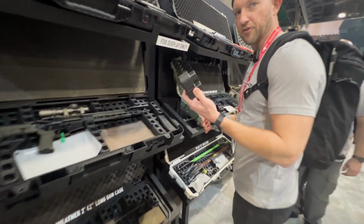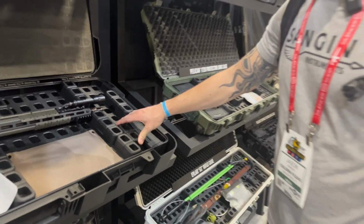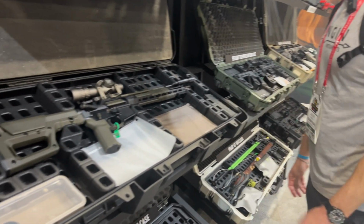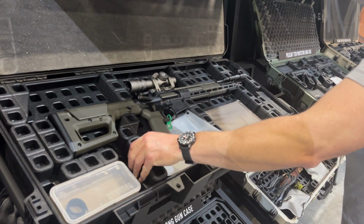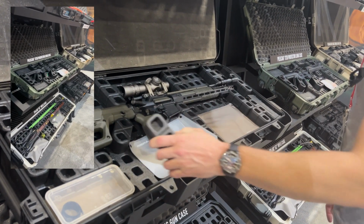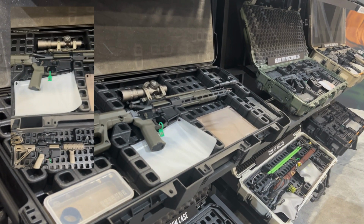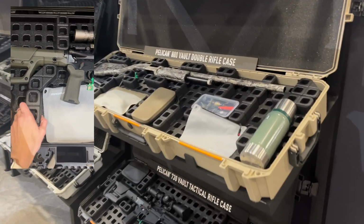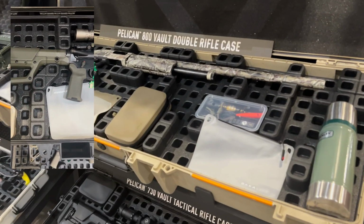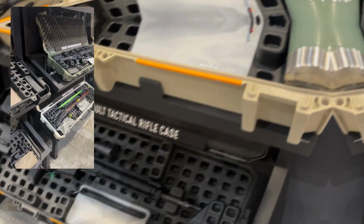They're like Legos for your gun case, basically. To set your rifle or whatever else you have in there, instead of having to do pick and pull foam. Legos, from like pick and pull, if you wanted to switch weapons. Yeah. And they were like, oh, well, at least we're just parasites off of them. But we're like, oh, surprise, we also now develop our own hard case. And it's bigger and better and just...